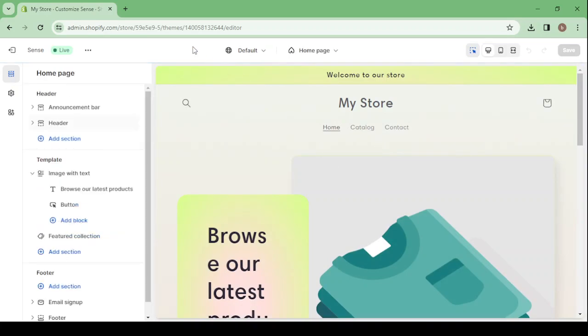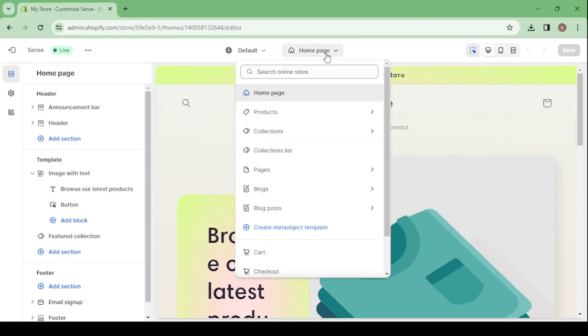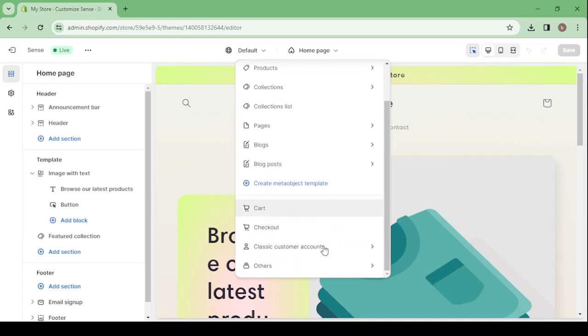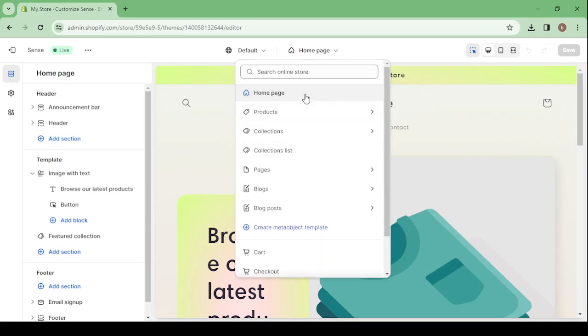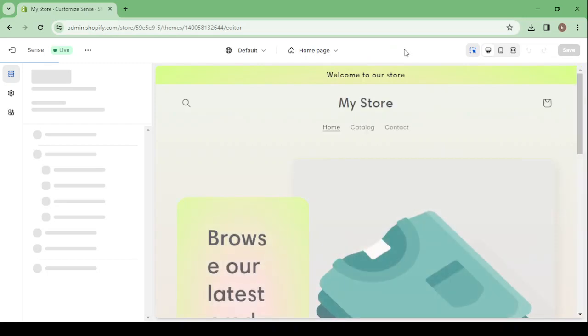So here the first thing I'm going to explain is the language. In here you can change to the language you like. You have here your home page. You can change to whatever page you like. If you want to adjust the products page or the collections, the cart page, the checkout, the classic customer accounts. But first we're going to go with the home page, and here